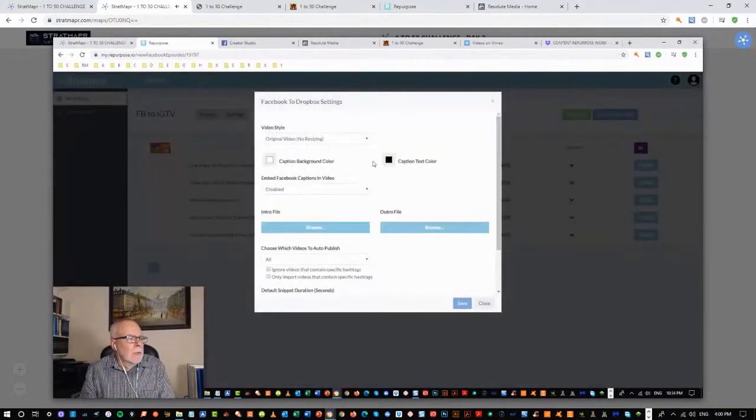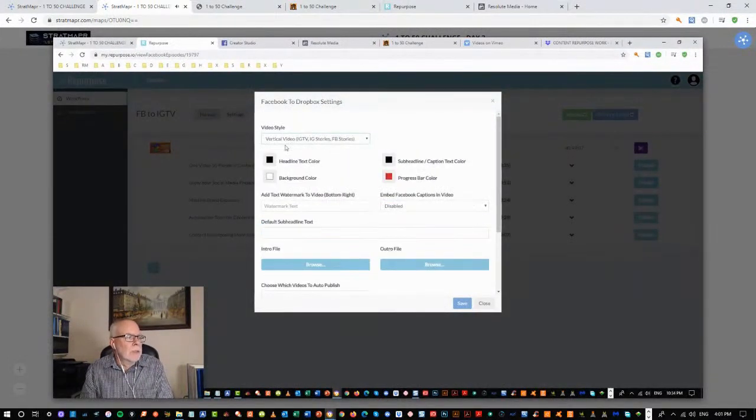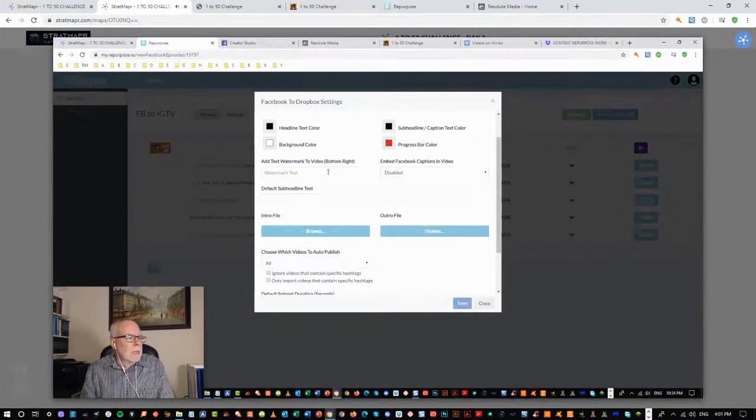So let's have a look at our settings. And this time we don't want to just leave the original video as is. We actually want to change it to this vertical video format for Instagram TV. And if we wanted to, we could change a lot of these default colors. We have a progress bar, for example. We could change that. We could add a text watermark. We could put our website. We could put our Instagram ID. I might just put